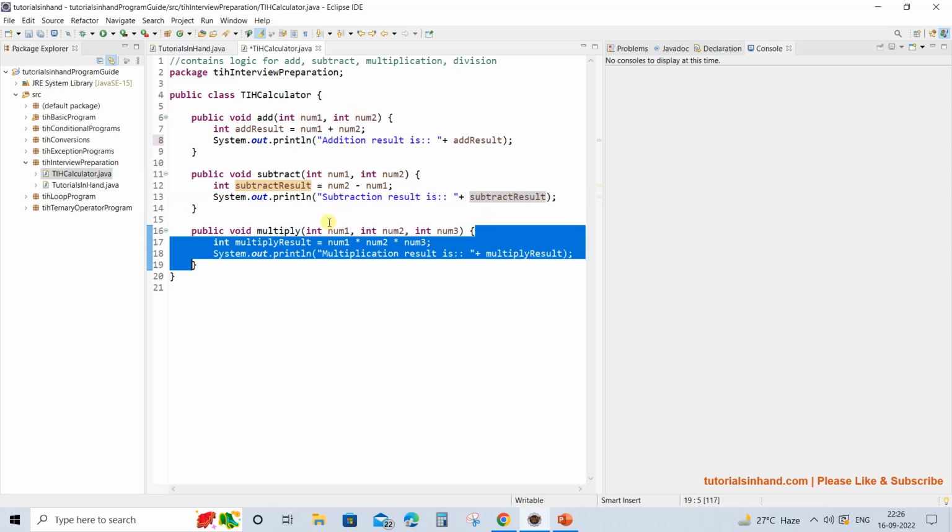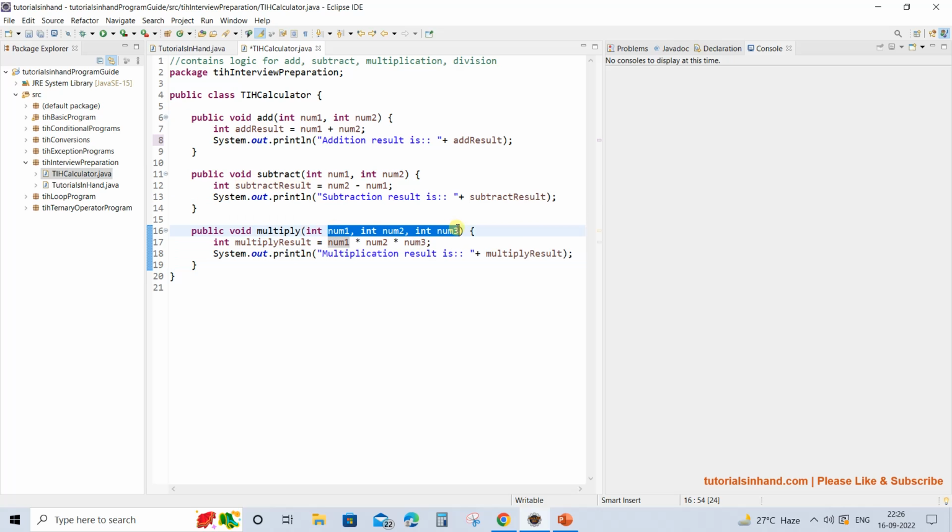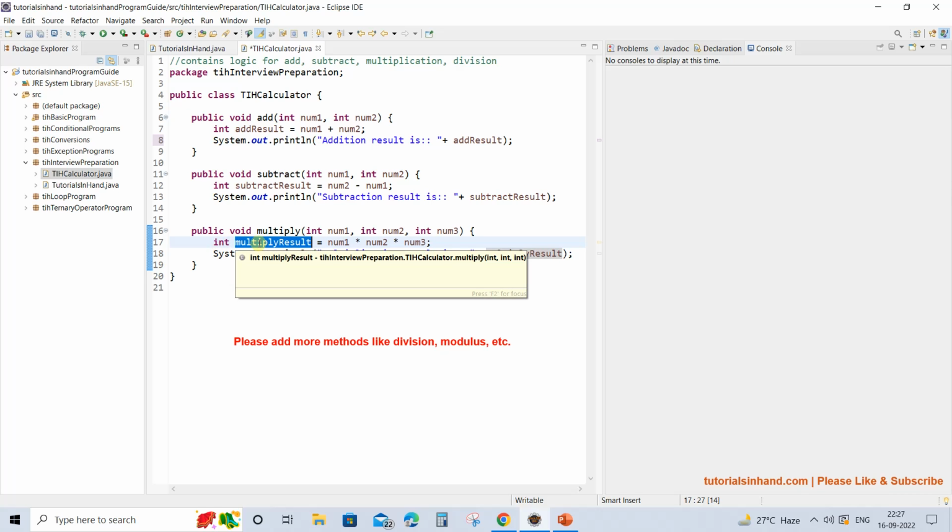Similarly it has a multiply method, and now to have some diversity we have introduced three parameters and all are of type integer. We can also have them as double or float or anything else, but for now just keep it as it is, that is all three are of type integer. And once we have accepted these parameters, we are multiplying all three numbers, storing the result in an integer variable named multiply result, and then again printing the result at this place.